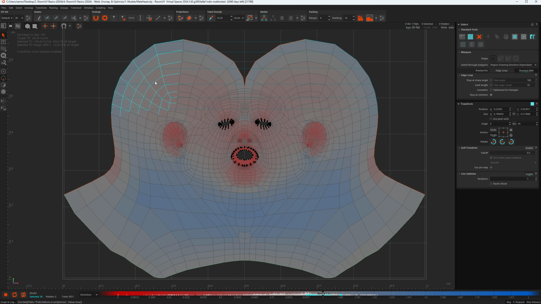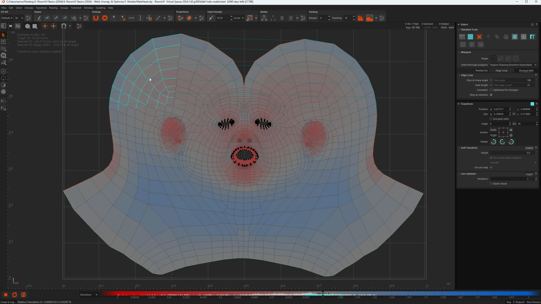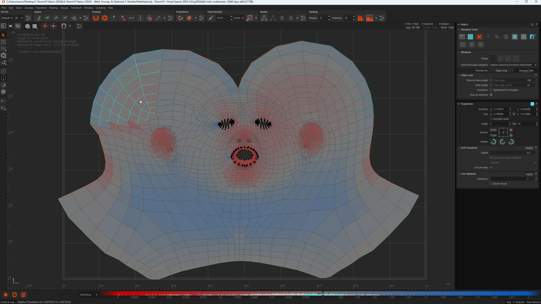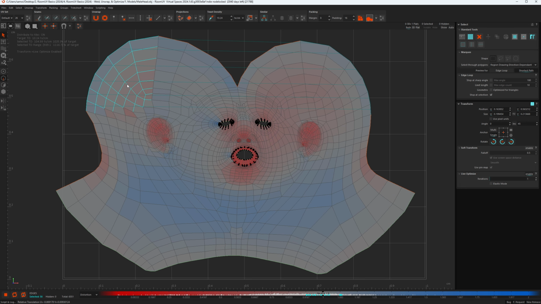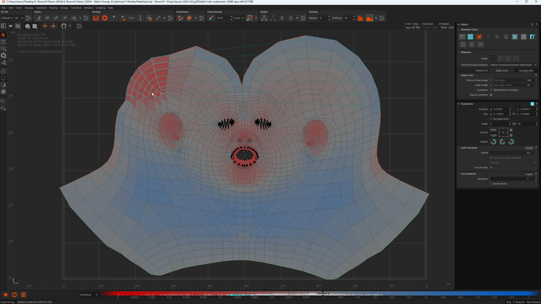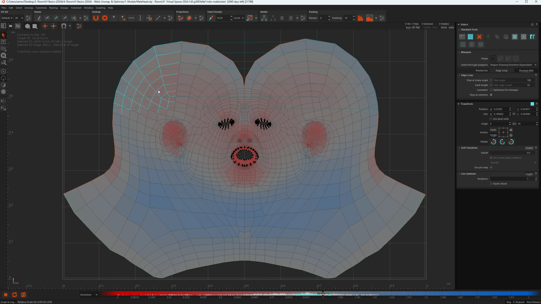Now I'm going to do the same thing again. So holding space, let's move these. And you can see that we're getting a very different result there. The vertices around our selection are being adjusted to minimize distortion. So let's do this with scale as well. And you can see that not only are the areas around our selection adjusting, but also other parts of the model too. Do it with rotation